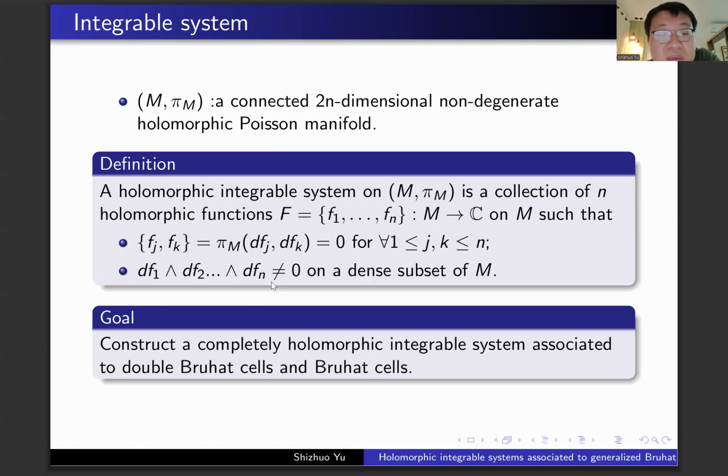And the second, for arbitrary f_j and f_k, the Poisson bracket is equal to zero. And the goal today is to construct a completely integrable holomorphic system associated to the double Bruhat cells and the Bruhat cells. And then let us go to